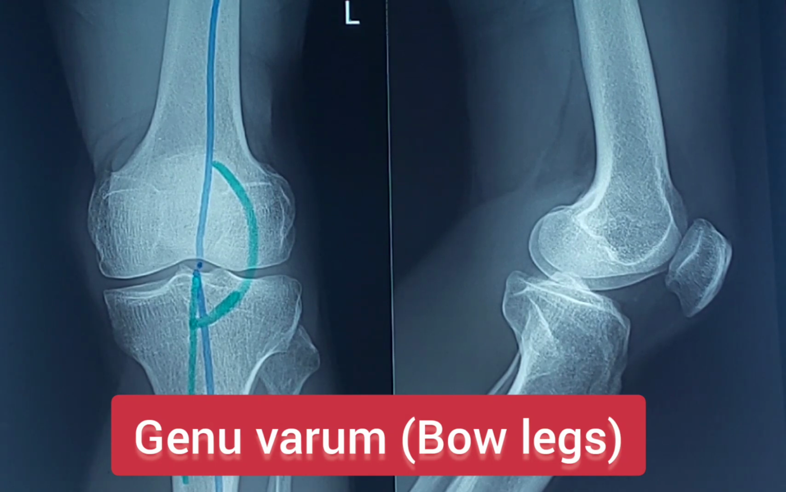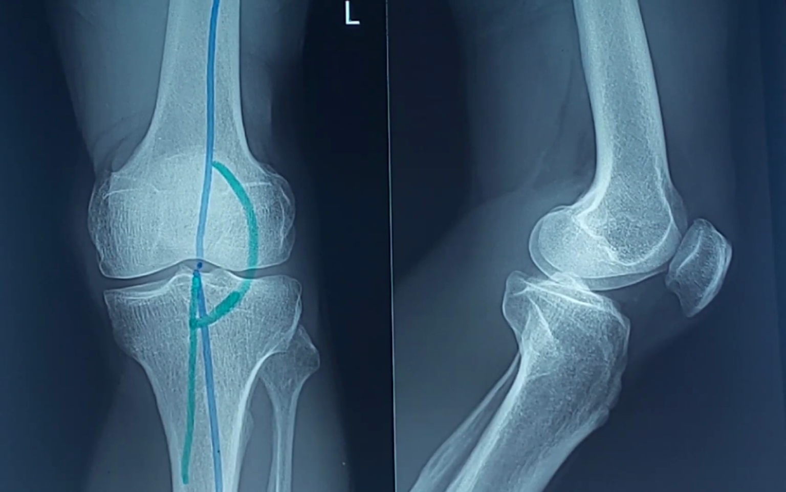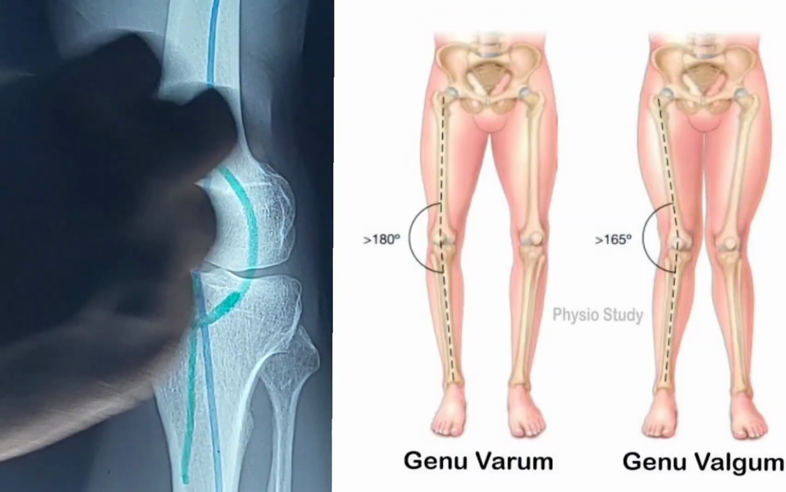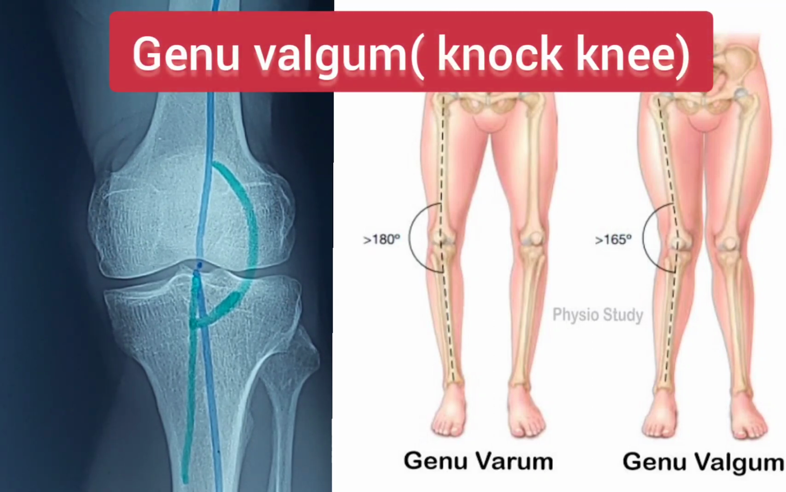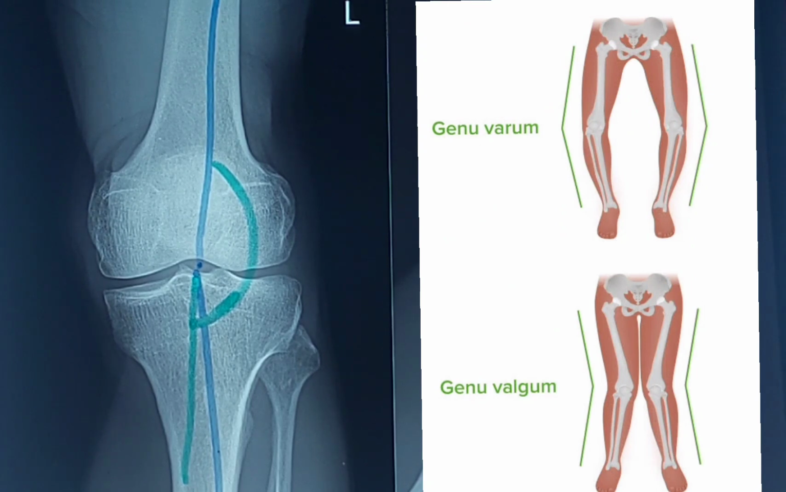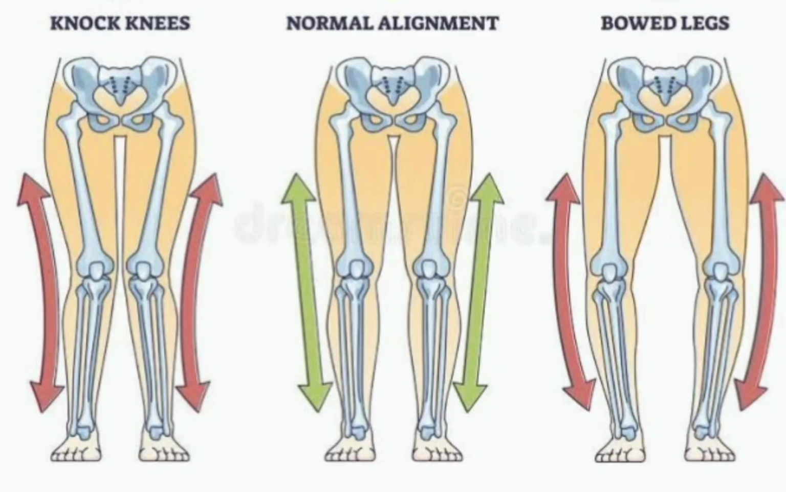And in another deformity, the angle is less than 165 degrees, and in this condition the knees touch one another. When the legs are straightened, both knees touch together, and that condition is called genu valgum or knock knee. So one is genu varum or bow leg, one is genu valgum or knock knee. And the importance of these deformities is that they are predisposing factors for osteoarthritis of the knee